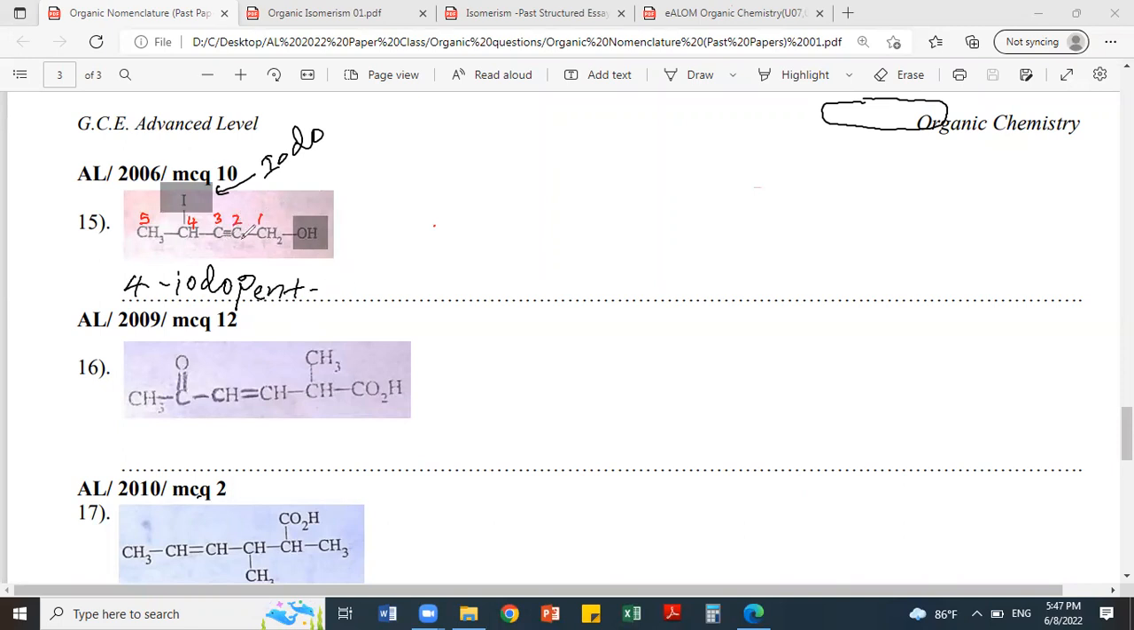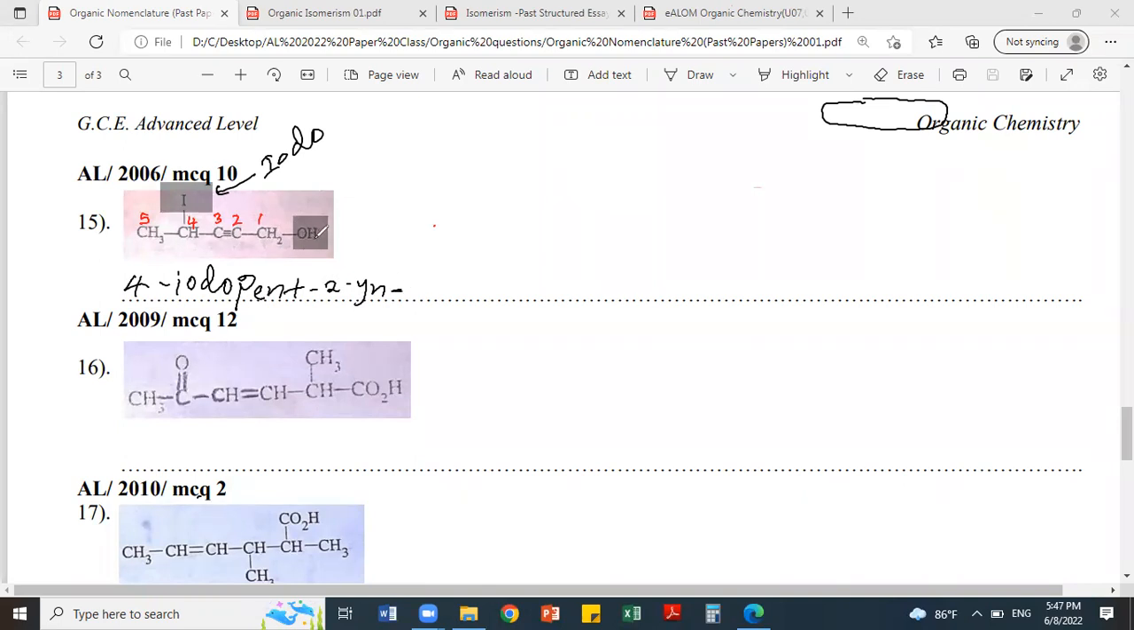Triple bond begins from the 2nd carbon. Then you can write 2 yne. Pent, 2 yn. Don't write YNE, because if you are ending the name, then you can write propyne, YNE. But in the middle we omit the E and we write YN. 2 yn. Then